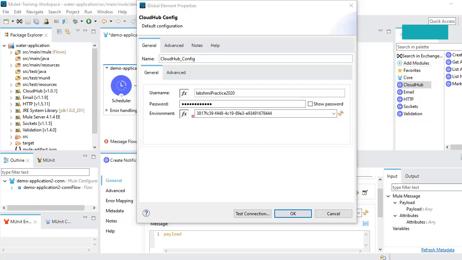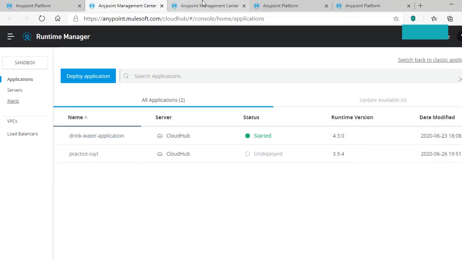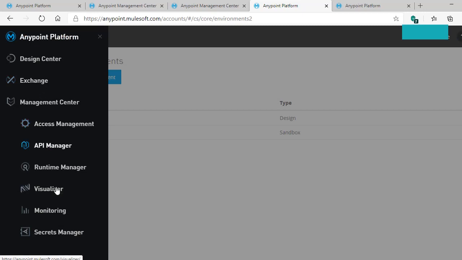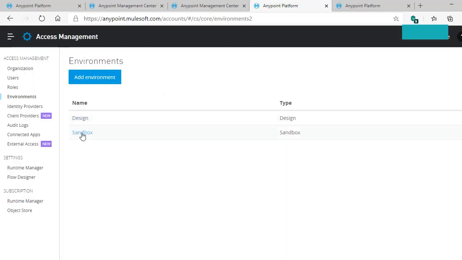I will show that. Just go to Anypoint platform and go to access management. Here you will see the access management, right? These are the different environments in my test account: design environment and sandbox environment. As I have deployed my application in the sandbox environment, I need to capture the sandbox environment ID.